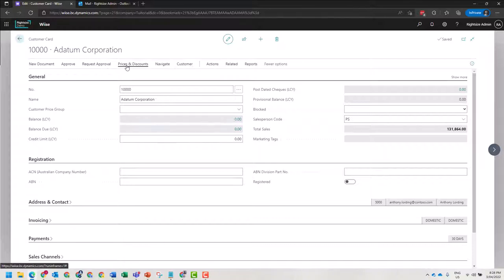Off this action bar, we have a few things that are really important that sometimes are missed by customers. Although predominantly the action bar and the action menus are for new documents, approvals, requesting, request approval, pricing and discounts, navigation, and then the customer. Most customers will think when using Business Central that this is all they need to use, and I would argue